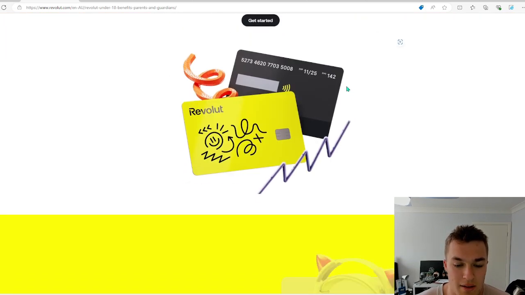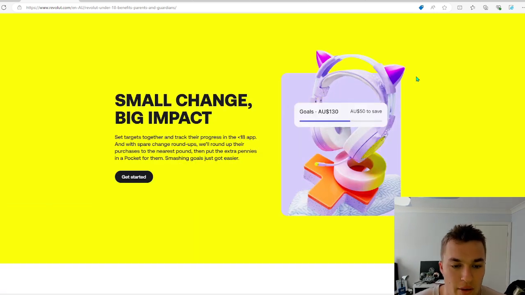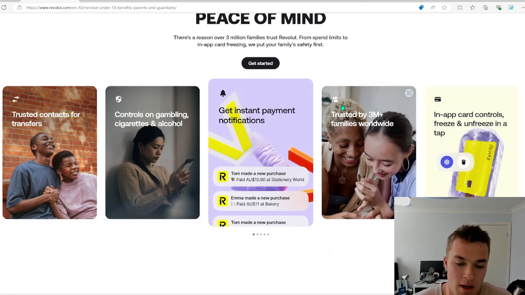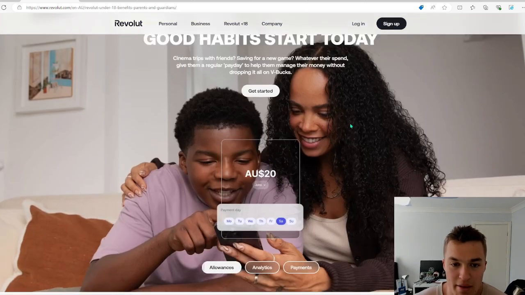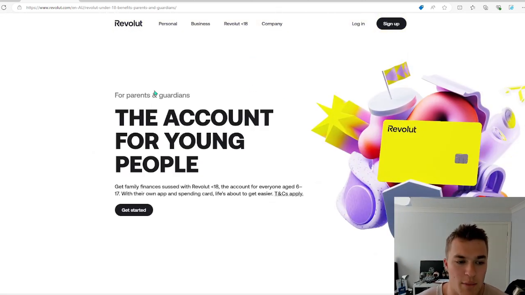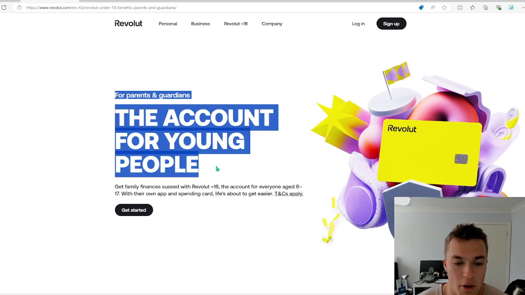It's just a way for parents to have a bit more control over their kids' accounts, but also give them a little bit of independence, if that makes sense. Giving them their own card, not having to give them mom's credit card, but giving them something they can go spend money on. So it's a good option. Maybe if you are looking at something like this, the monthly fee could be worthwhile, but ultimately this isn't going to apply to a lot of people.